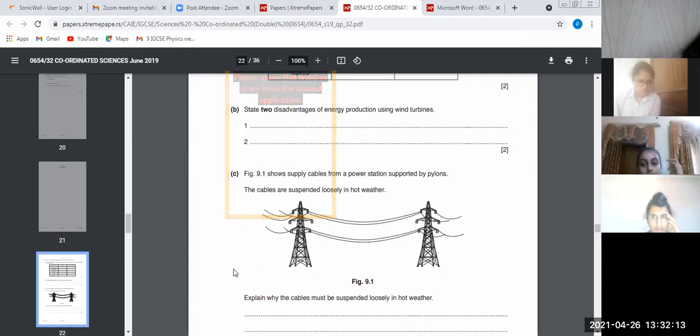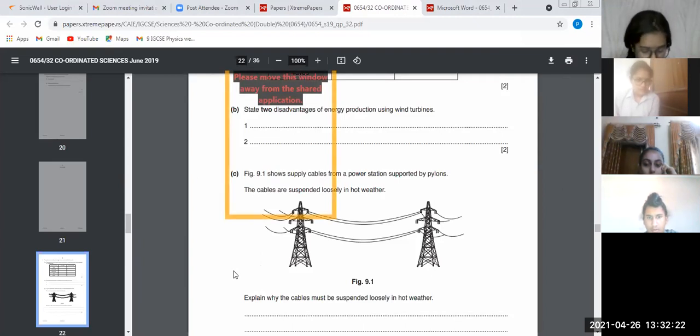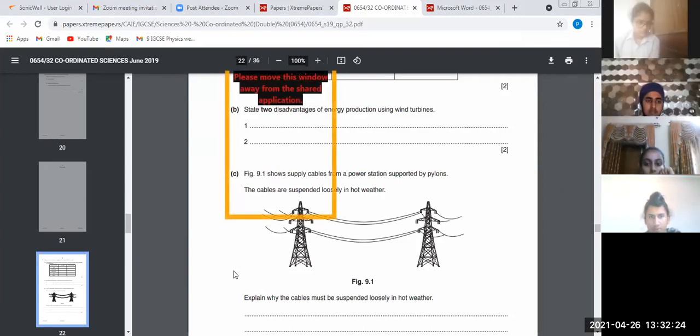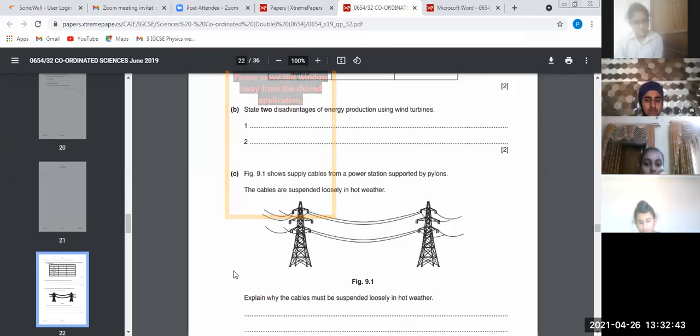First, this is weather dependent. Second, there will be noise pollution and maintenance cost is high. Very good. Look, the maintenance cost will be very high, the setup cost will be very high. When you do the setup, the maintenance cost will still be lower, but the setup cost will be very high. Fine. You can write maintenance cost also. Plus you require a lot of space for the turbines. Fine, so a lot of space is needed.